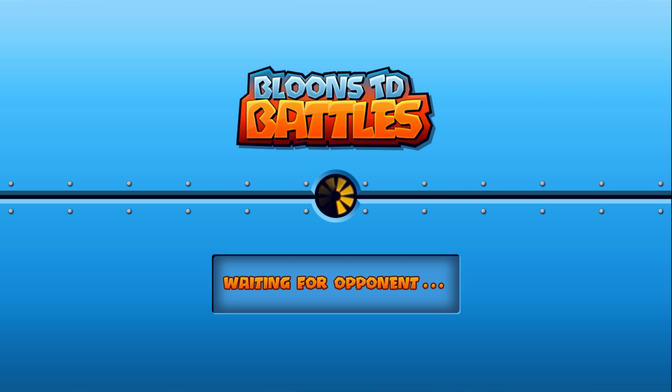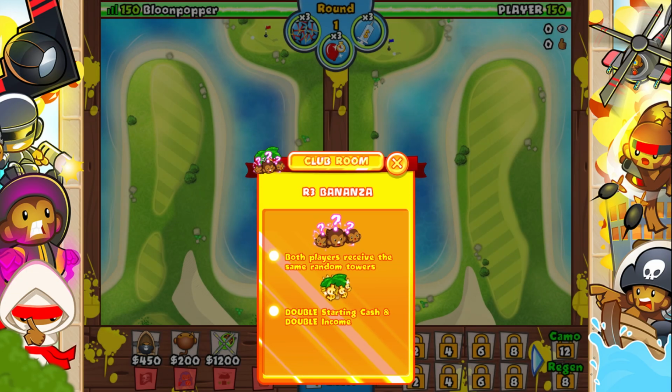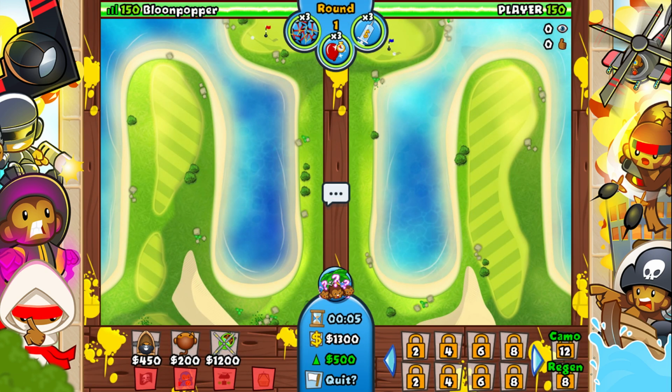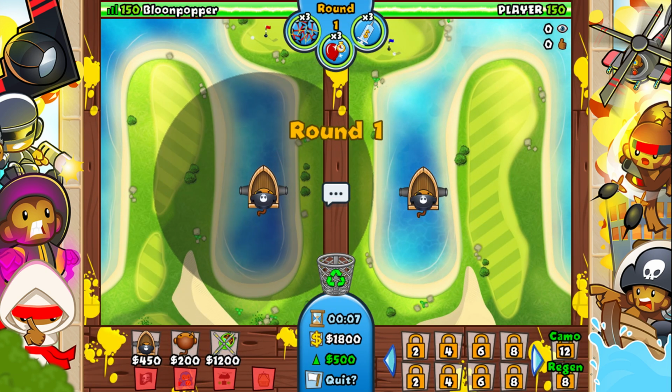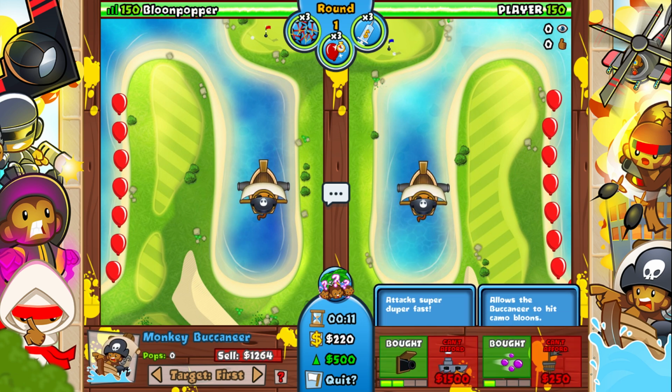Well, we have to just ready up now. You can't not ready up. There's nothing to do. They're random towers. I assume they go up to full tier. Yeah, they do. They go up to full tier, which is very good. And I got exactly the same towers anyway, so it's...